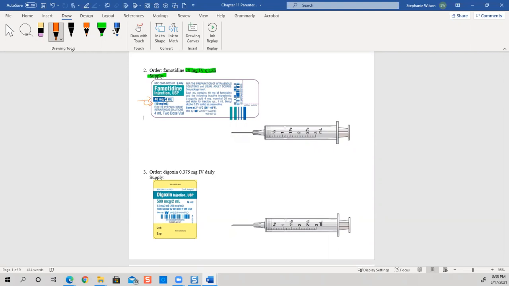You can use the reduced form, or you could reduce it before. It's whatever is easier to you, as long as the math's correct, that's all right. So what I'm going to do is use the reduced form. I'm going to take this order, which is 20 milligrams,